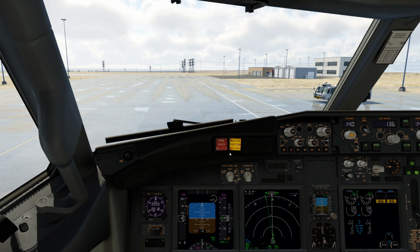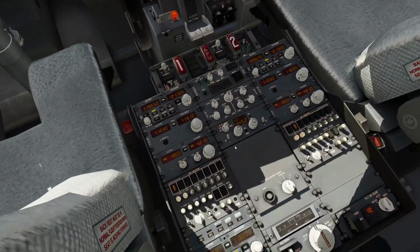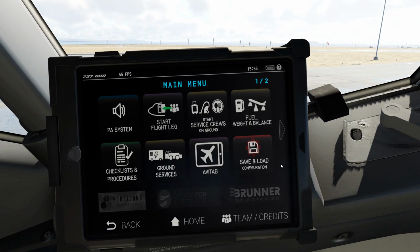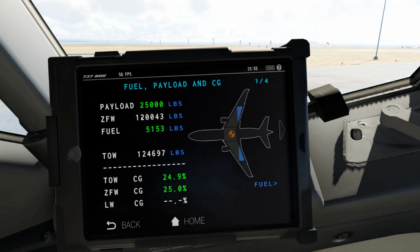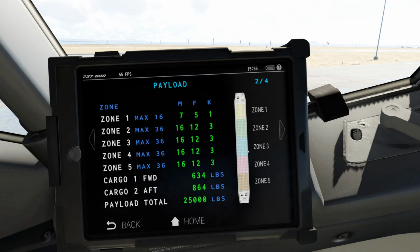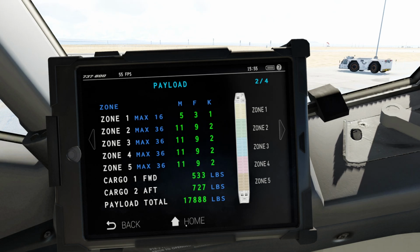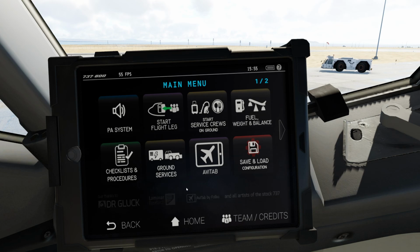Right, so let's figure out then the changes real quick. Also just to get the transponder set over onto standby. Right, so the fuel is just what we've got anyway. But if we come over to the payload, the fuel actually happens to be 5153 payload. So again, we're just letting some people off. So let's go for, I don't know, let's just go like that. Boom. Okay, and so with that,